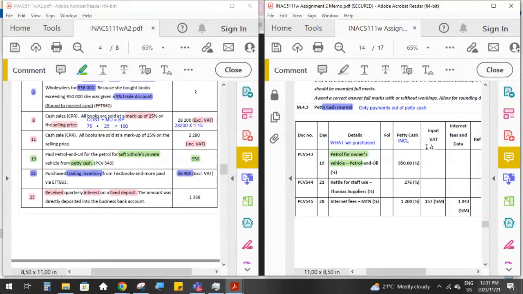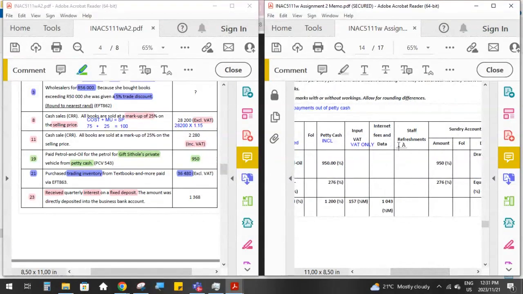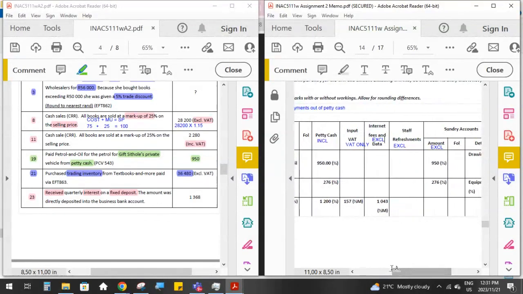Your input VAT, we are going to claim back. That is the VAT only. And then all of our expense columns on the right-hand side here will be the excluding VAT. And excluding VAT and internet fees, this is also excluding. Okay, because remember again, what we are doing is, in this case, it's petty cash is going to be main